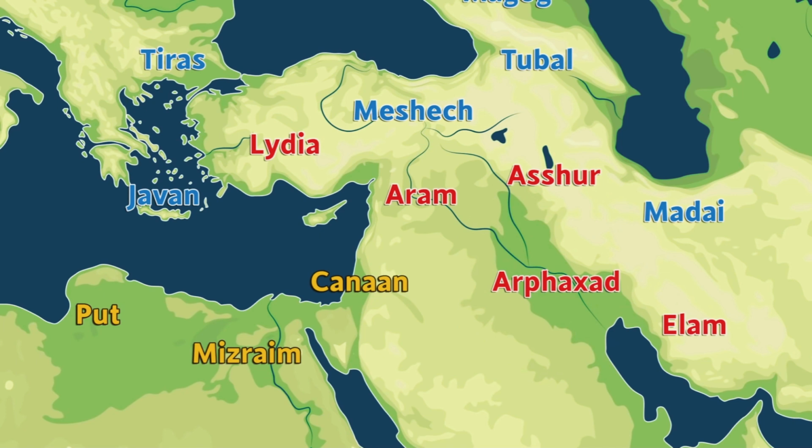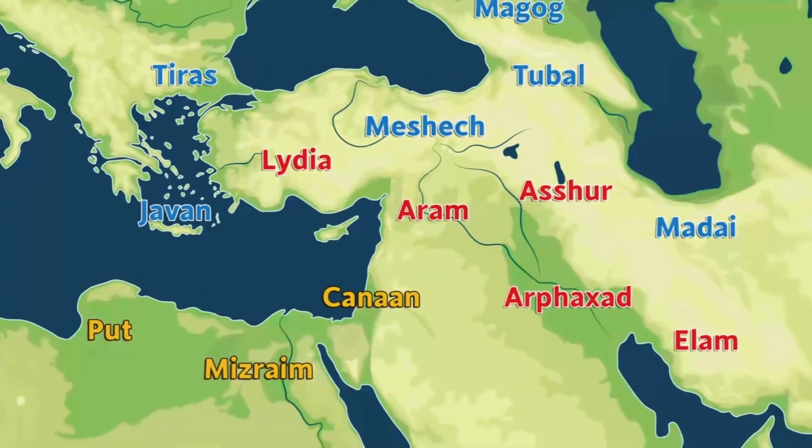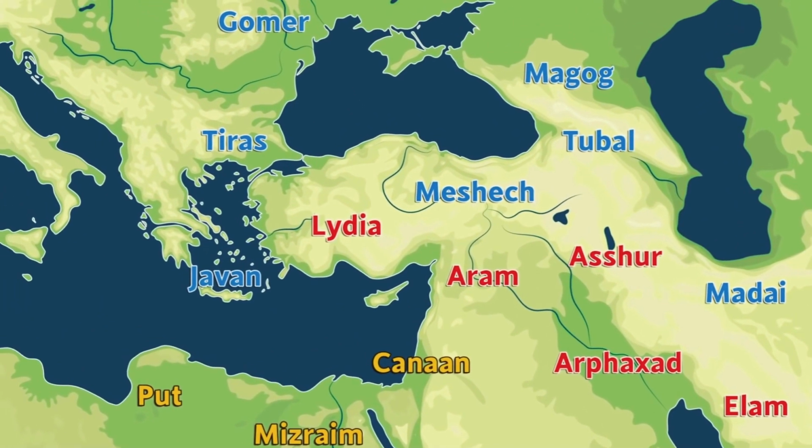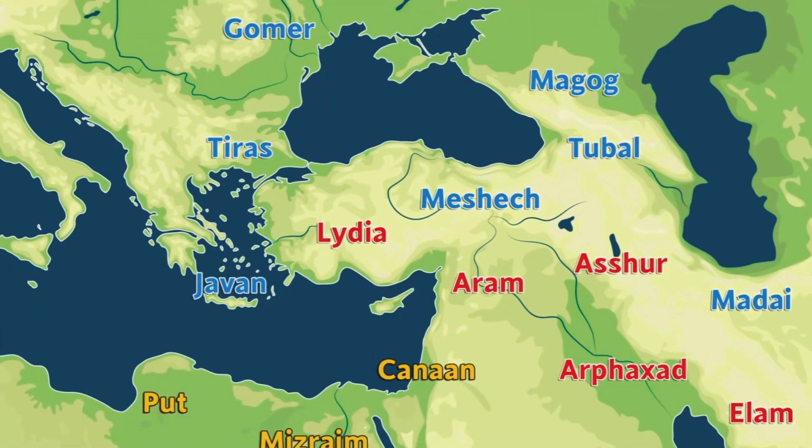I should also point out that it is from the name Shem, ancestor of all these red areas, that we get the term Semitic and anti-Semitic. Finally, let's talk about Japheth, shown in blue. These names are more obscure and uncertain, as they are all names given to places much farther away from the land of Israel. Javan is usually associated with the Greeks, and Madai with the Medes. But when it comes to the other 5, it's mostly guesswork.